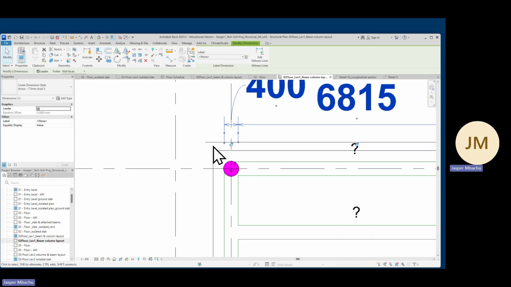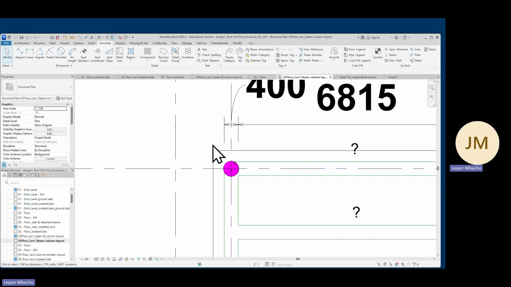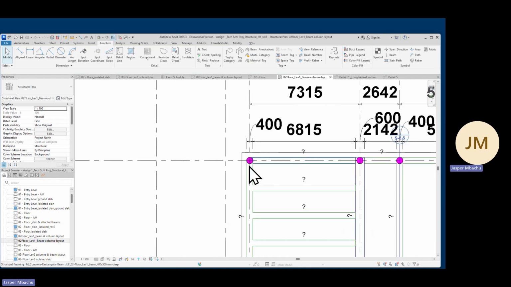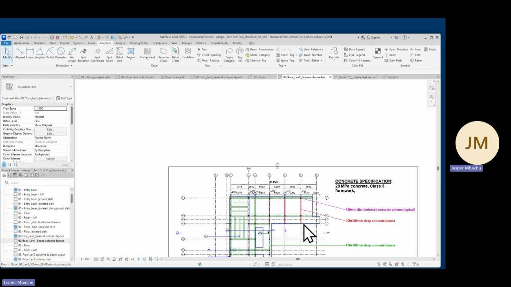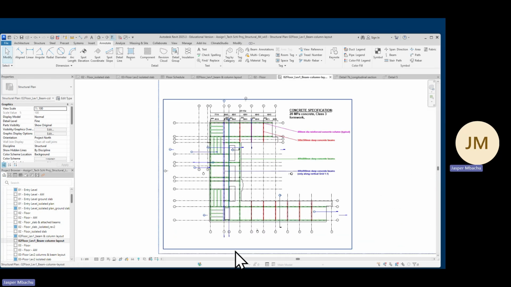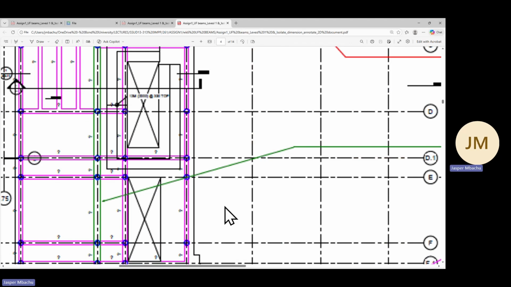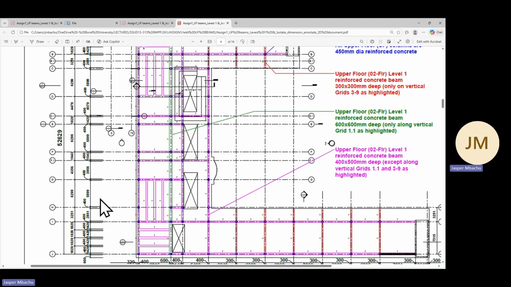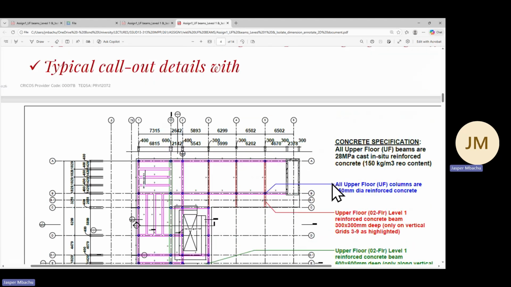Okay, I've done that. When that is done, just click on that detail line and delete it. So that gives you a clean way of annotation. Now do that here as well, and here as well. Just follow the way we have done this detailing here in that document that I supplied to you. So detail here and detail there, and we've already done these annotations. And when that happens, you know how to